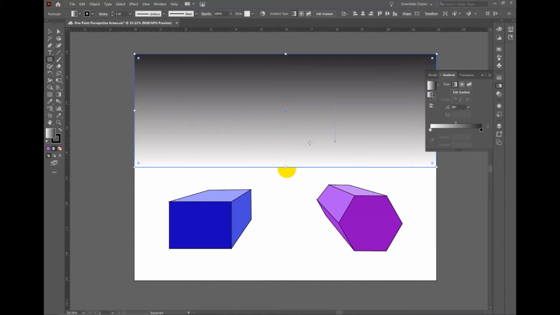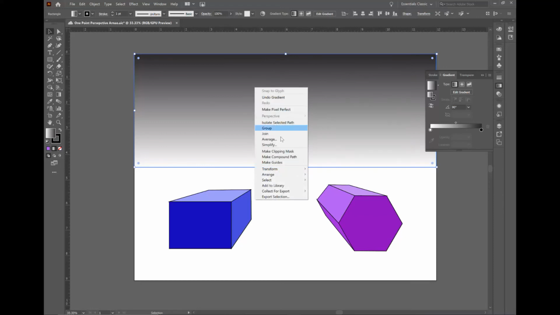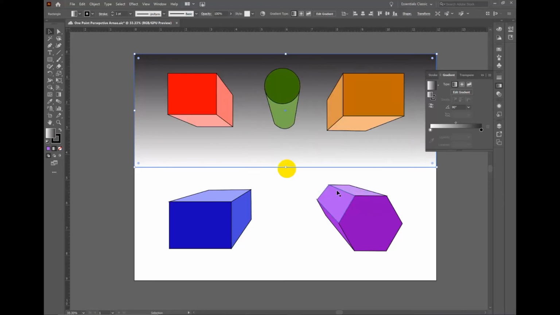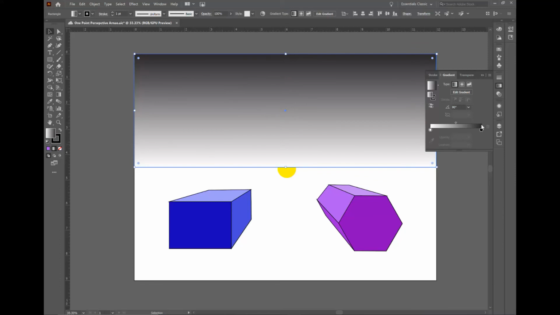And what that does now is that makes the gradient go from our light source, from light all the way to dark. Now, I don't know what a black and white background might look like. Let's see what it's going to look like. I'm not really thrilled with that. So what you're going to do is I would pick a color, and